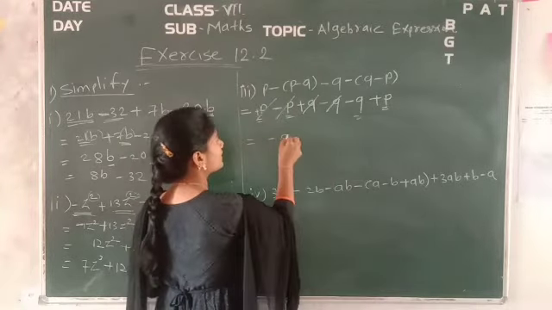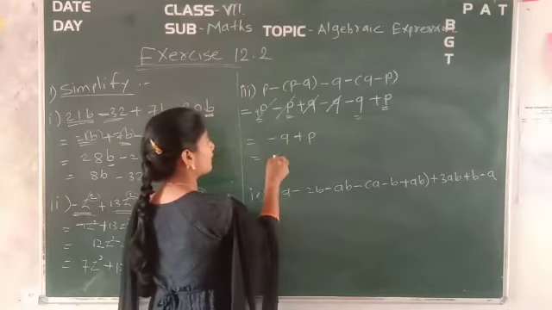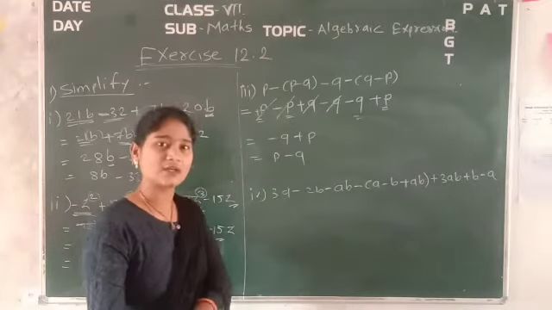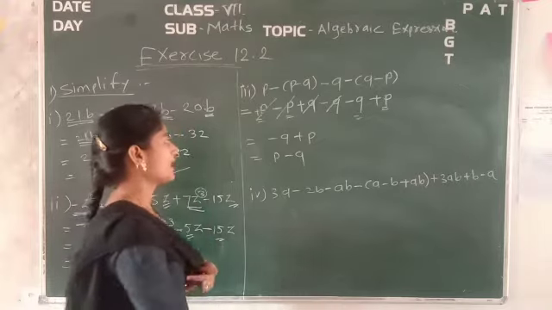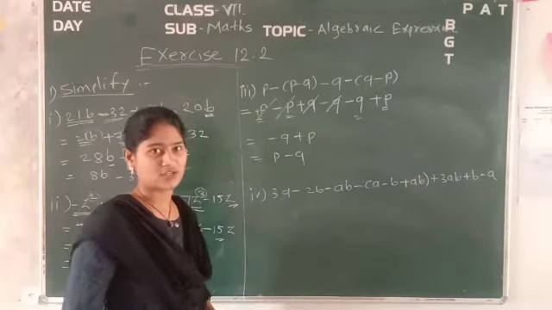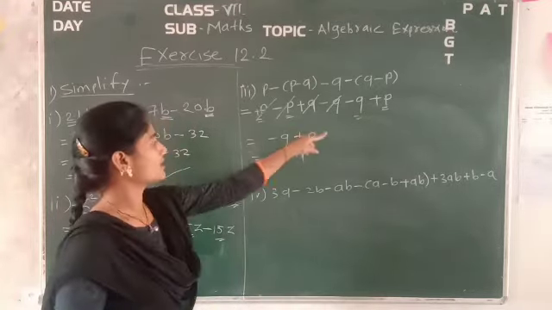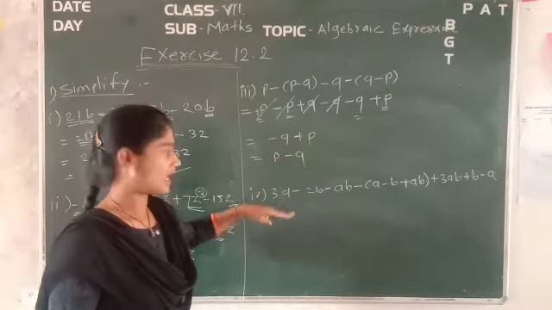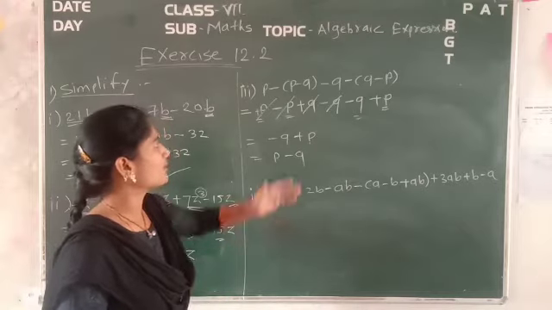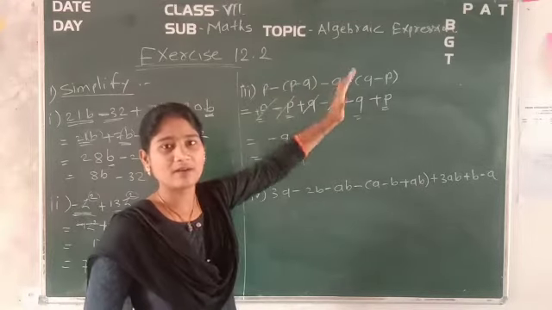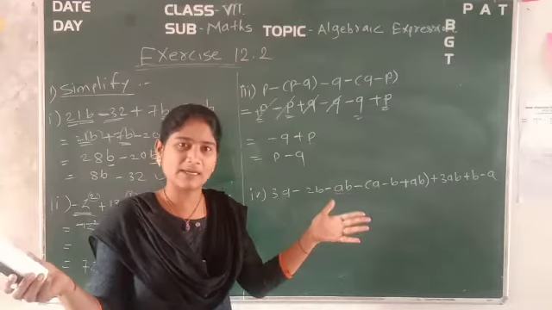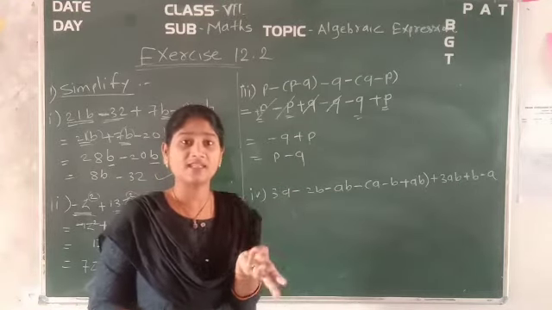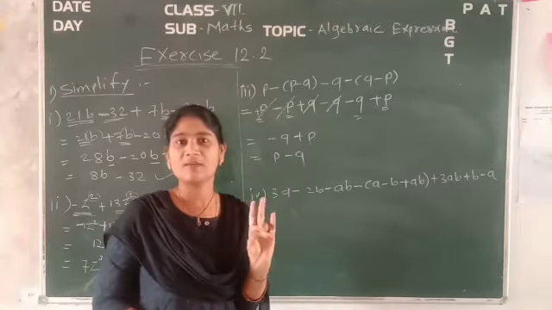So here minus Q plus P. For this you can write P minus Q. You can write it like that also. Okay, no problem. So in that way you have found the answer of this question. That is plus P minus Q. Right? Got it? Now in the next examples you have to follow the same way. It means whatever the example will be, whatever the size of the example, even if it is the biggest, no problem. The solution is only within a single or two terms. It may be either a monomial or a polynomial.